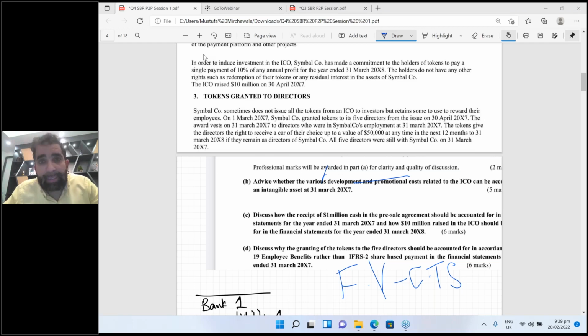IFRS 13. Yes, open your eyes. I used the word fair value 2 times in my lecture today. One for IFRS 2, fair value less cost to sell. If you are a trader, then you will be doing it at fair value less cost to sell. And if you are recording your crypto assets using IAS 38, still if you are using the revaluation model, then you need to bring your crypto assets to fair value, so for fair value, IFRS 13 is a must.